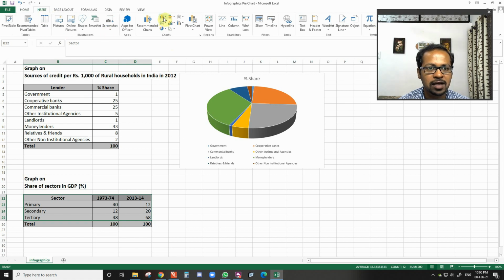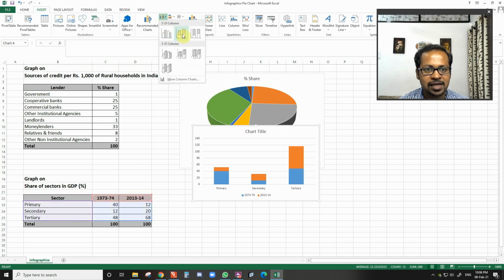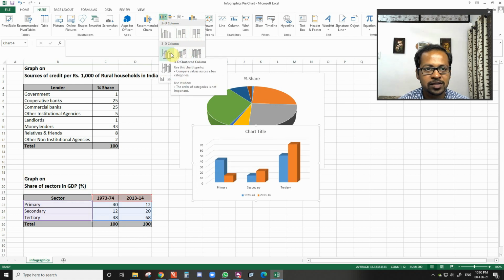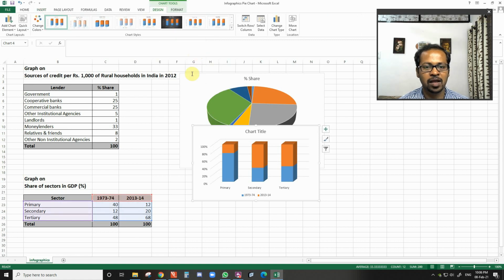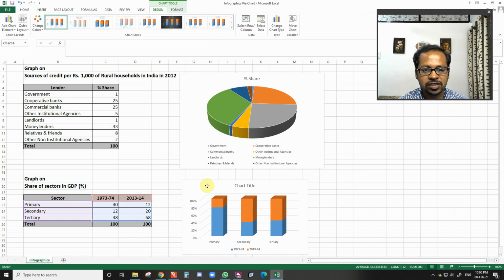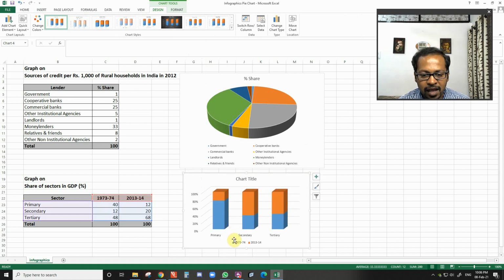I will click on this insert column chart button and I can select the graph which I require. Okay, so let's say here I have selected this particular form. So my chart is ready, but the problem is that I don't want years here.